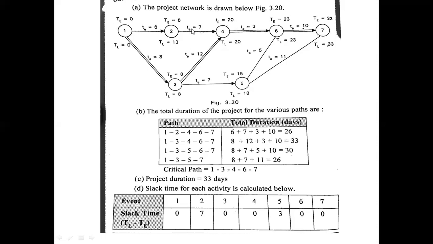So after getting all these values, then you have to find out the slack. That is, latest finish time minus earliest finish time. So for the first, it is 0. And for this, it is not 0, so we have to neglect this. We have to connect those nodes where both are equal, that is, slack is equal to 0: 1, 3, 4, 6 and 7. So this can be considered as the critical path.